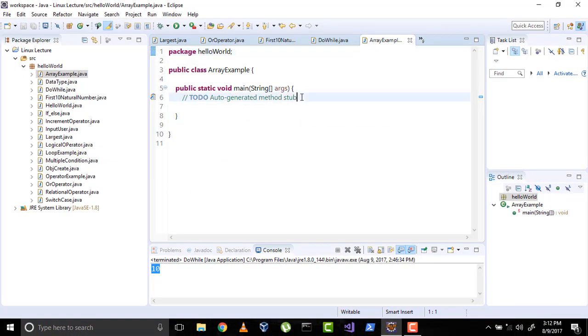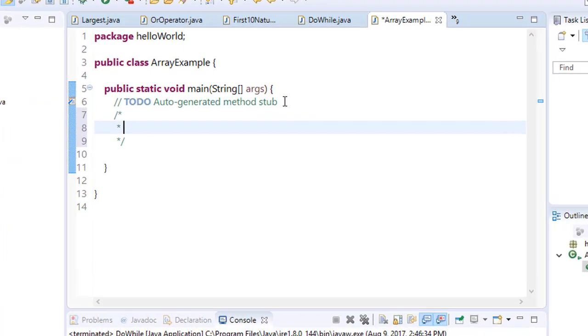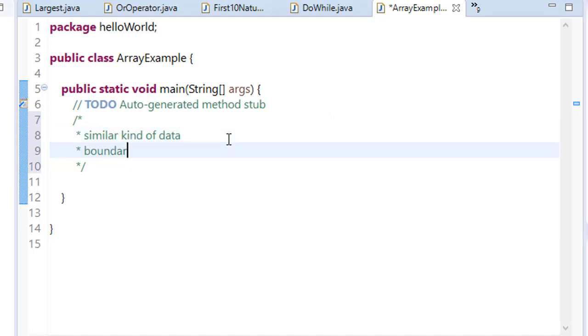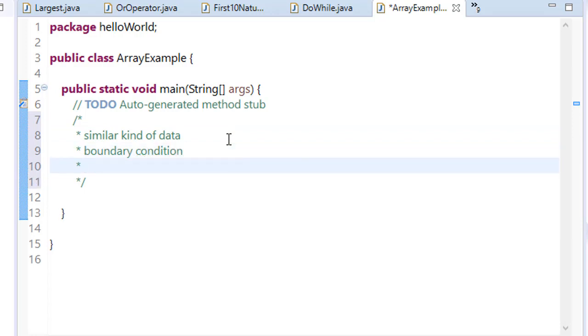So what is an array? I am just being so precise. An array is the same kind of data. Better to say, similar kind of data. It has a boundary condition, and memory allocation is in a continuous way.